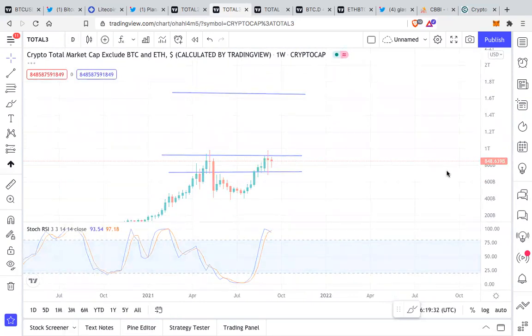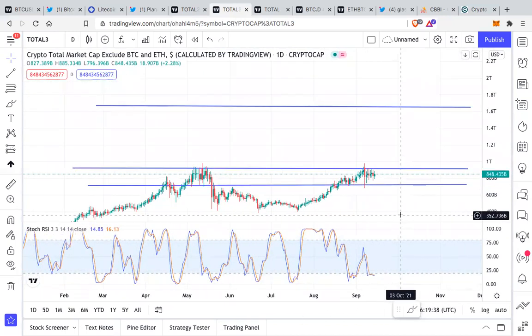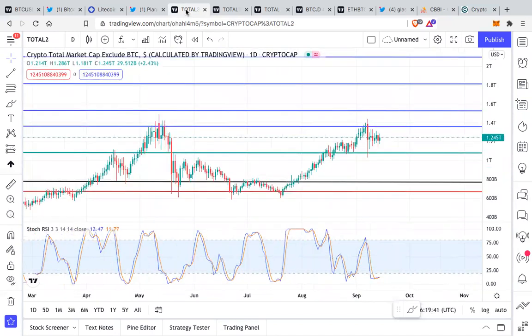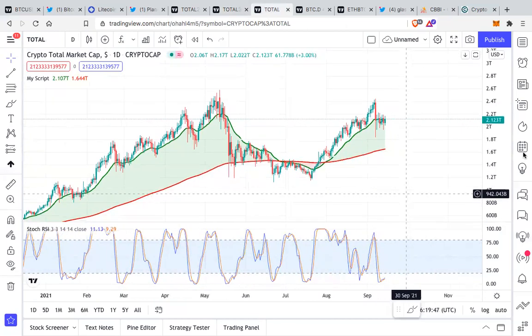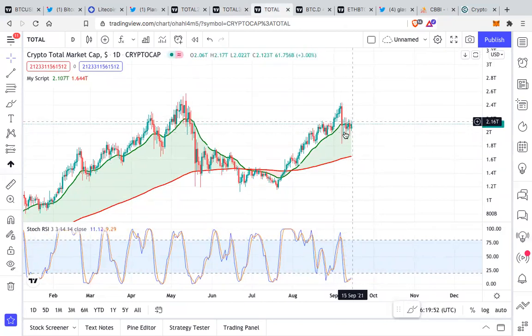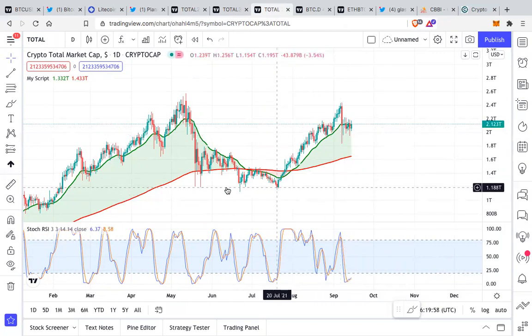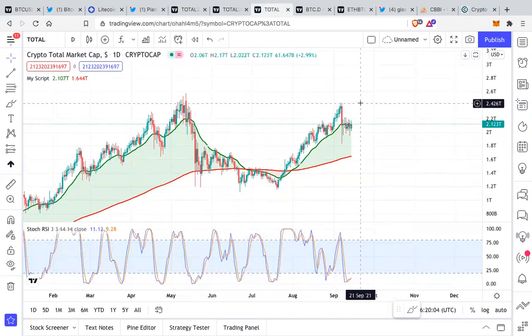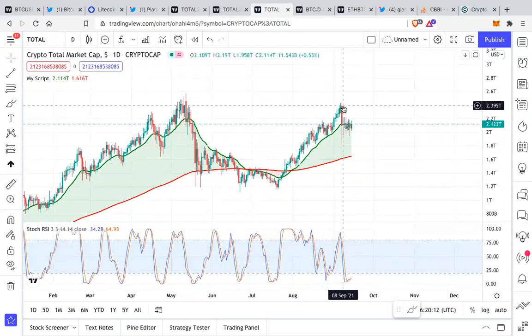So the overall market health, what we can see here very clearly, our total market cap excluding Bitcoin is healthy, excluding Bitcoin and Ethereum is healthy, and the total overall market cap is also healthy. Look at this, it is just getting consolidation near our bull support band. And in May, look at this, till July we were at around $1.18 trillion. We are right now at around $2.12 trillion. We went and retested $2.4 trillion.